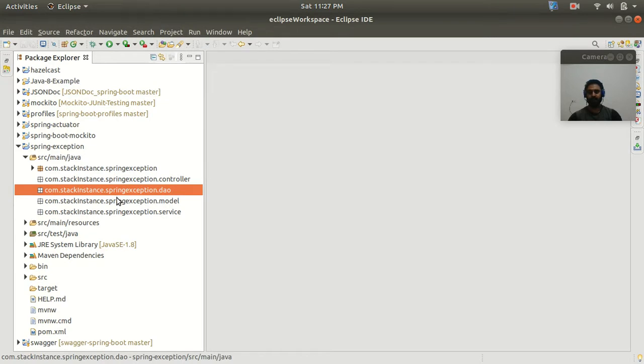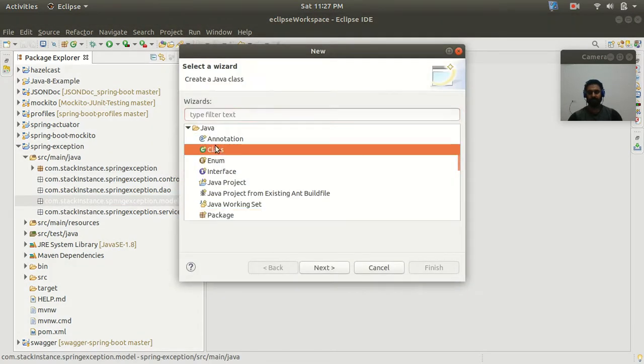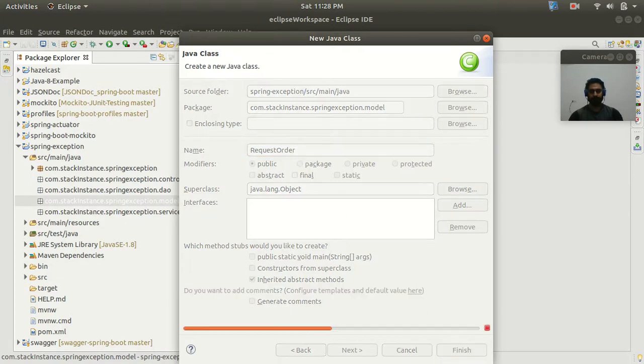So let's go to the model package, and here I will create one model class. Create one class with the name, let's say, request order, right? Yeah, so finish this.